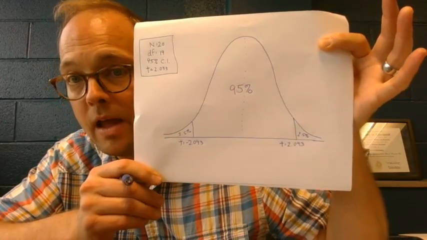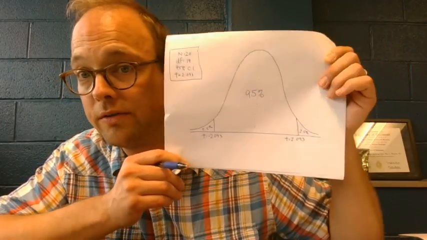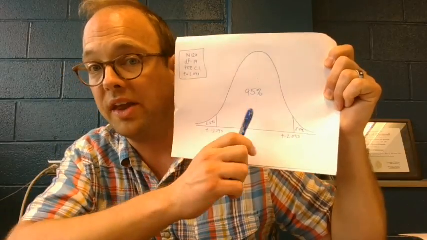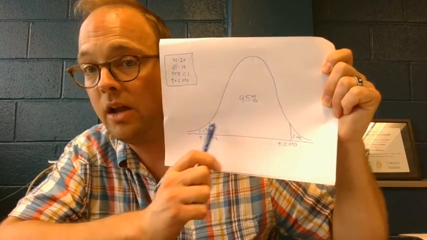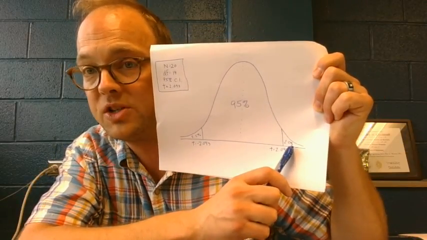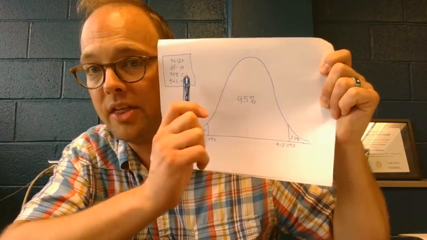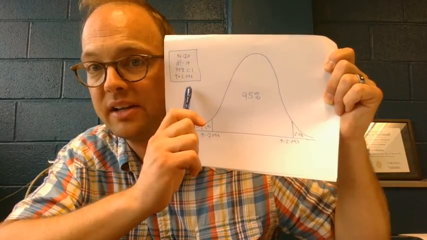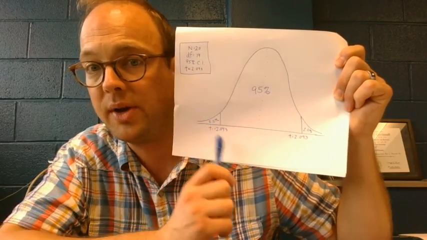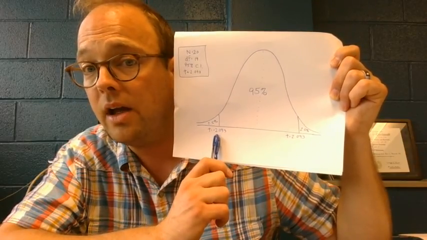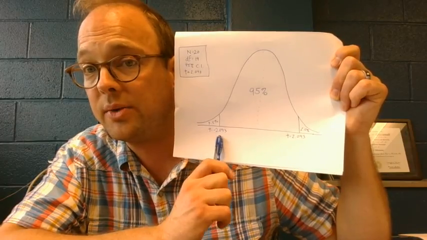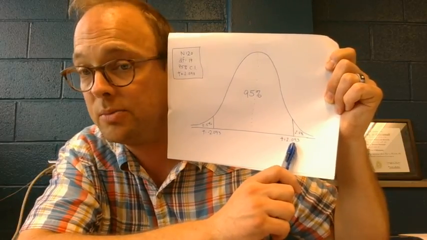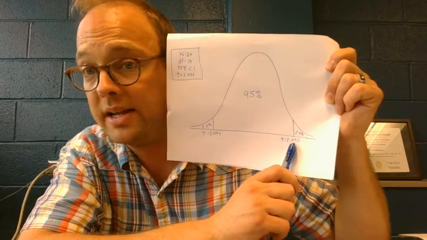That's what this would look like on paper. A bell-shaped curve with a 95% chunk in the middle, 2.5% chunks on the edges. The legend here: n equals 20, df equals 19, 95% confidence intervals, t of 2.093, and then our t-values down here. T of negative 2.093 on the left, t of positive 2.093 on the right. All right, I'm going to go ahead and upload this one, and I'm going to do another example, the next one that we